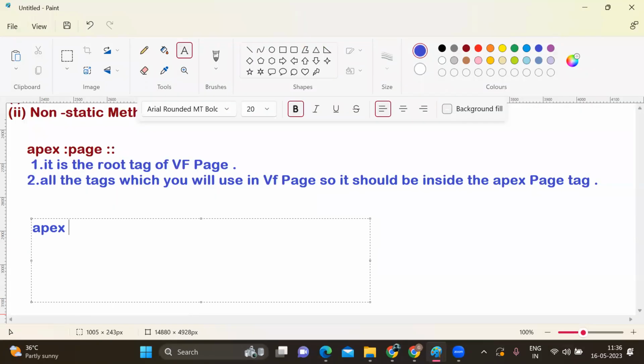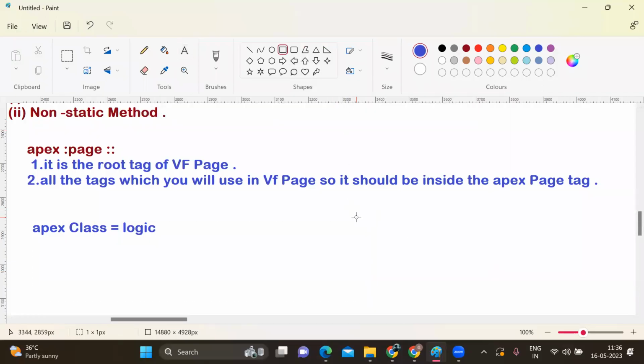We have created one class. Okay, in the class what we will do, we will write the logic. Now what we have to do, we have created the UI. How we